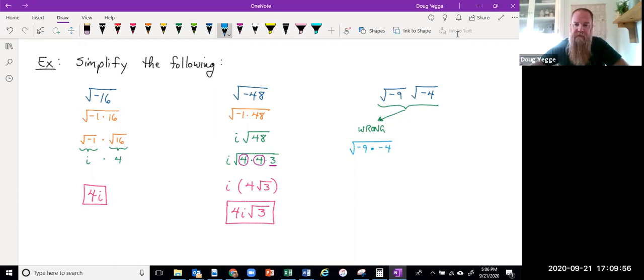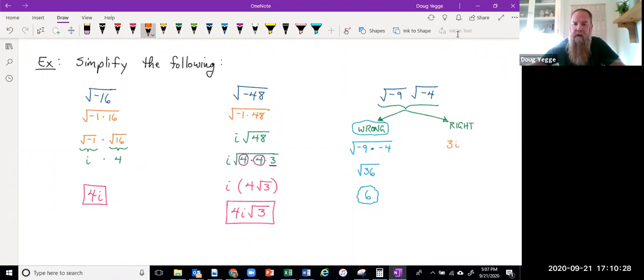And the reason for this is if I take the square root, now when I multiply a negative times a negative, I get positive 36. And therefore you would think that 6 is the answer here. But again, that's wrong. Let's take a look at the correct way to do this. Instead, what we should do is evaluate each of those values separately. So we need to realize that this is the square root of negative 9